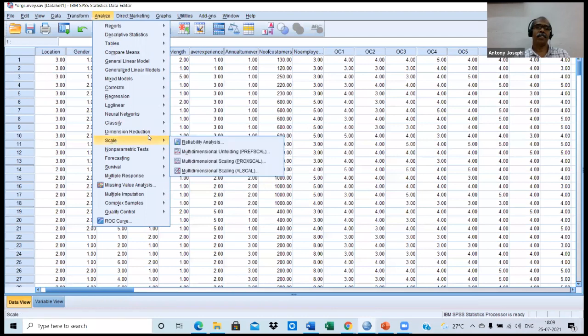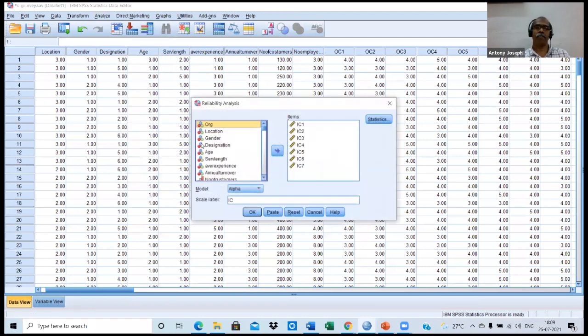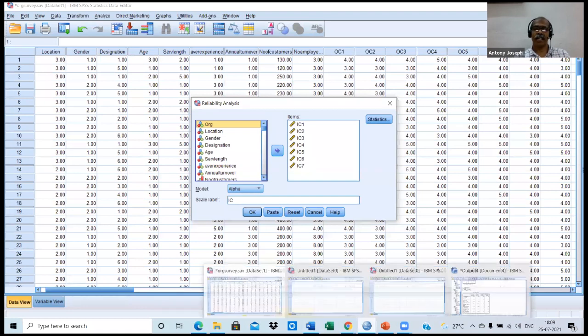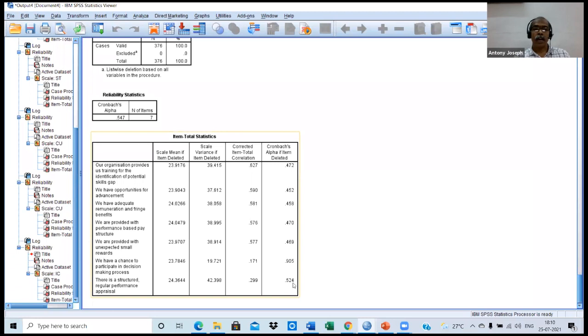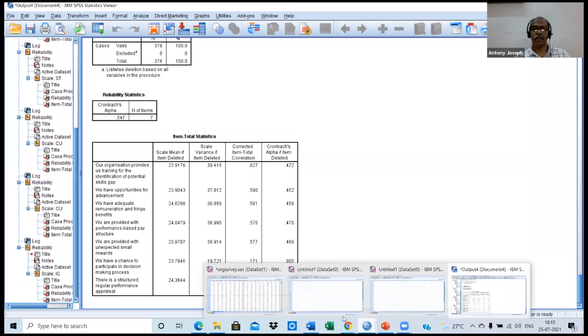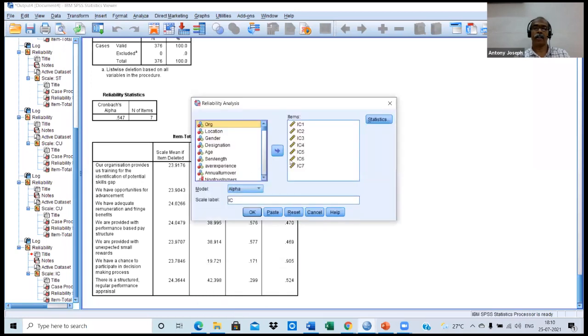Analyze, scale, then reliability. Which one was IC 7? Once again. Okay. Second last one. That is 6 is sent back. Give OK.